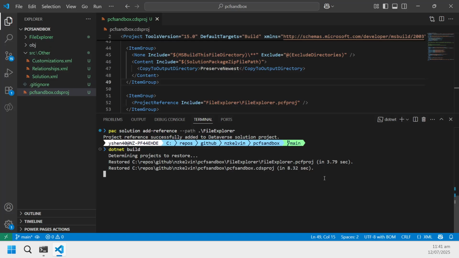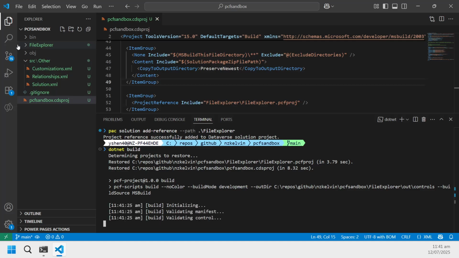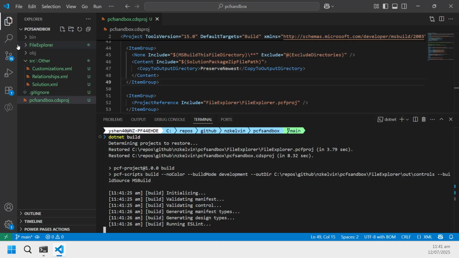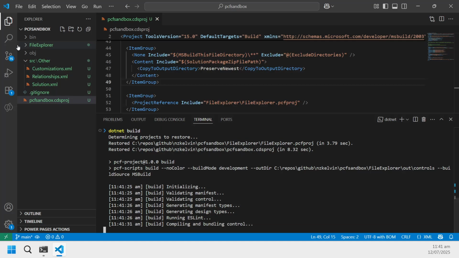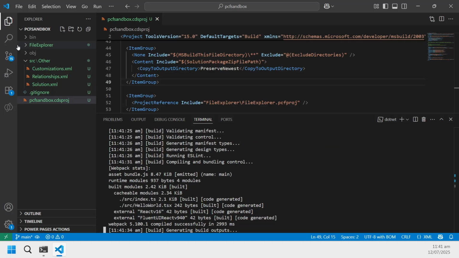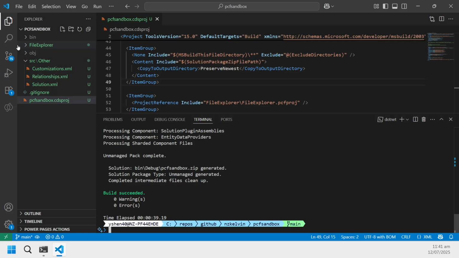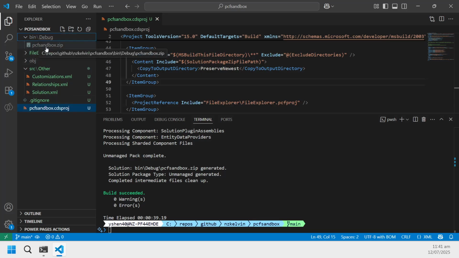You can see it started to create a bin folder and object folder, so it's ready for the output. And it's building the... great. So the solution is output in the bin debug PCF sandbox zip. If I open the bin folder, as you can see, the zip file is available there for you to manually or automatically upload or deploy to your destination